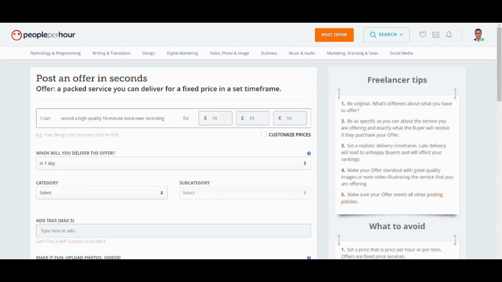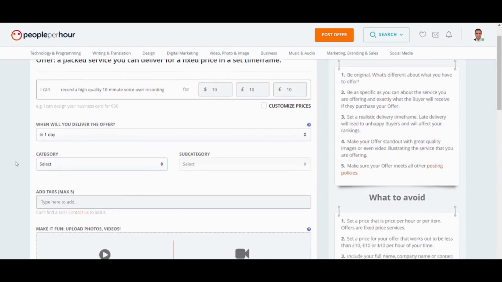I chose this cost because when I looked at the other freelancers on this website, I found that they usually charge $30, $40, and so on. Since you are a beginner, you will need to give a lower rate than the other people, so that you will have an edge over them, because they have more experience than you. So you have to give a lower price. Now I will also say the delivery is in 1 day.